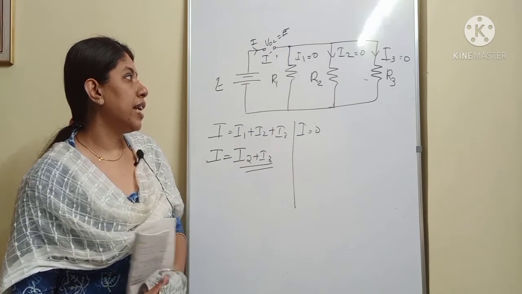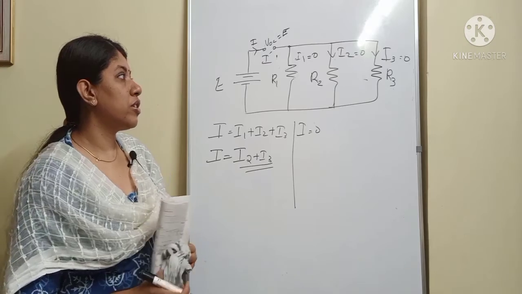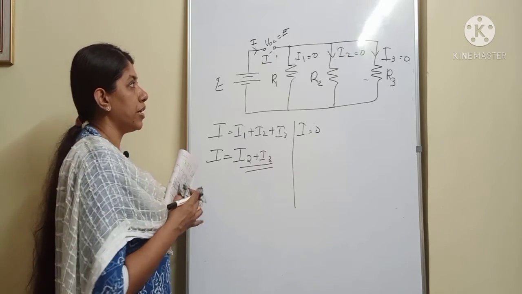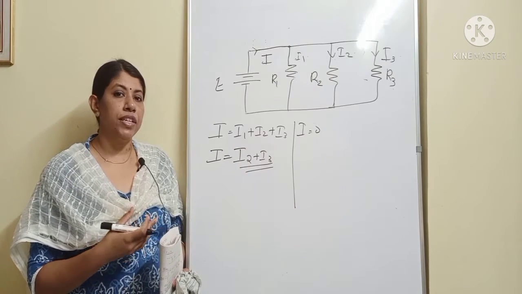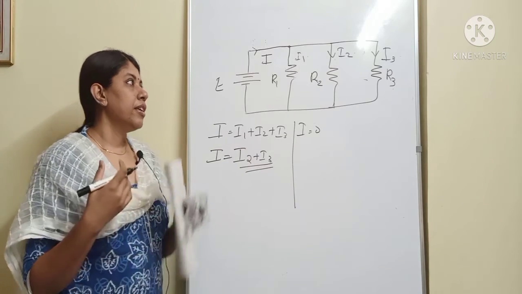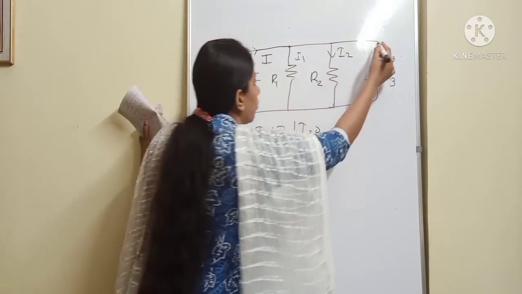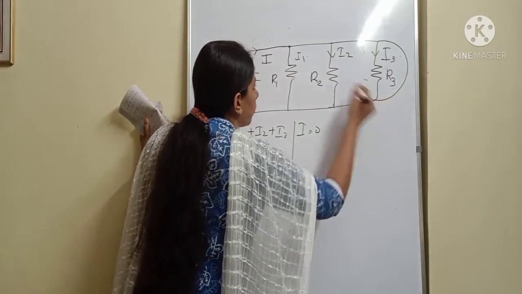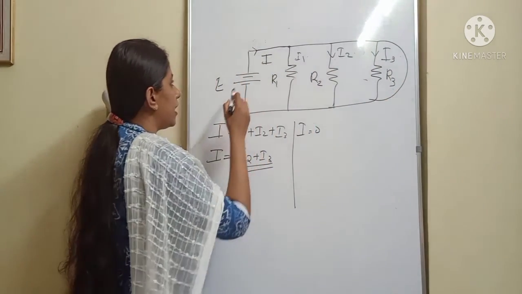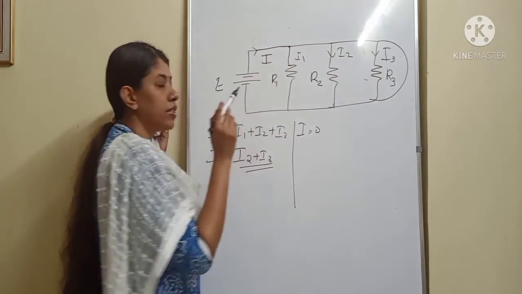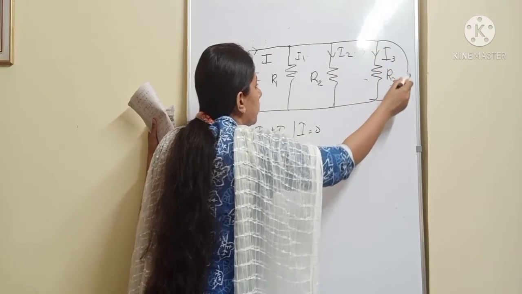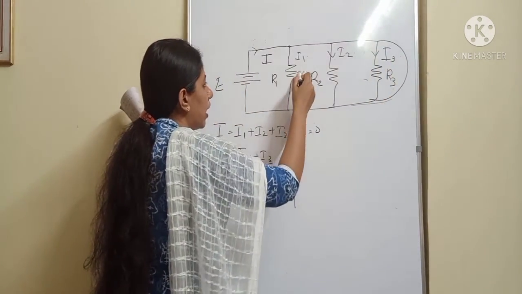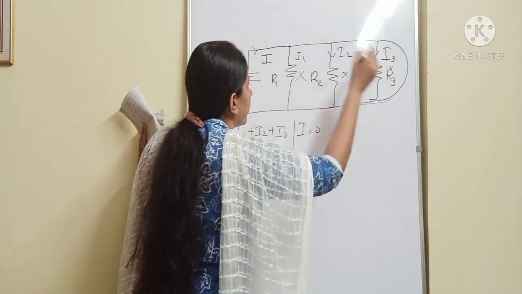Now we will consider another case, when there is a short circuit in the circuit. Now we will see what will happen when a short circuit occurs. If you short this point, then we can see that the current always chooses a path which has the lowest resistance. So the current will flow through this particular path like this, and these other branches will not have any effect here.